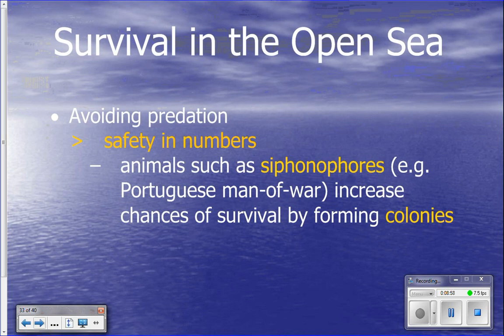Many animals will also try and hang out in big groups to avoid being eaten. So like the siphonophores and salps that we've been talking about, they will try and be in big groups. Basically, they're relying on their neighbor getting eaten and not them. So, you know, hang out in a big group to hopefully not get eaten. So like the Portuguese man of war is a bunch of animals living together. They try and not get eaten that way. And then like we talked about with fish,